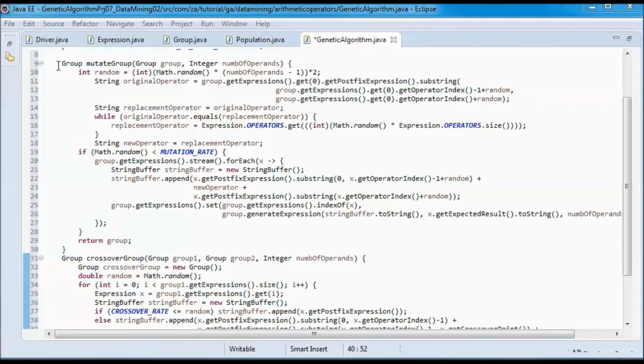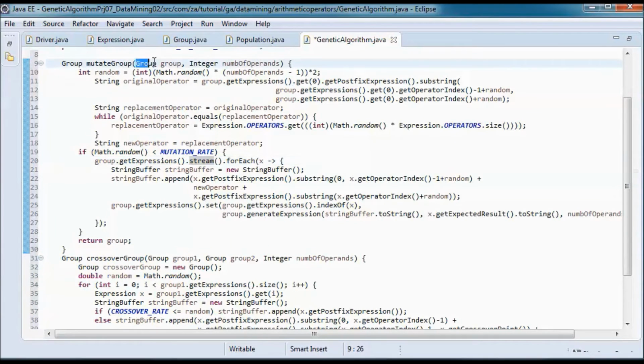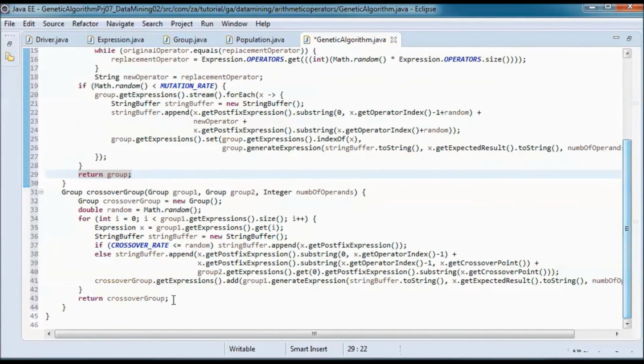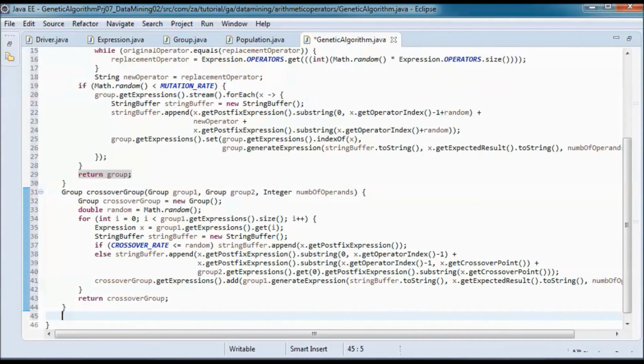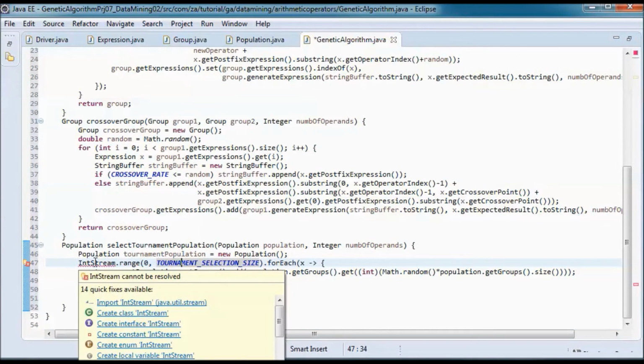And for mutate group, we are passing it a group, and for convenience a number of operands, and it does mutation on that group and returns it as a mutated group. And we will be using tournament selection. So this is the method that does that.